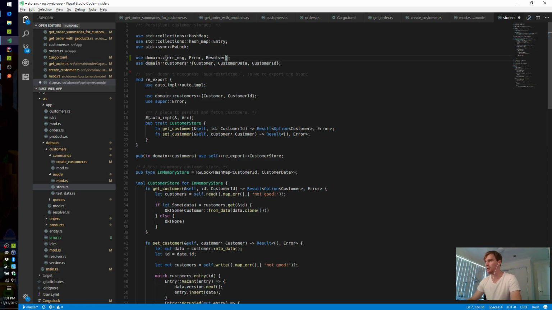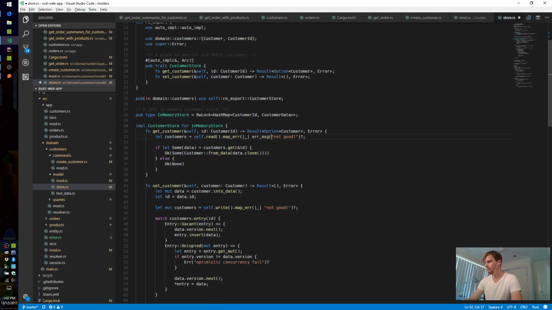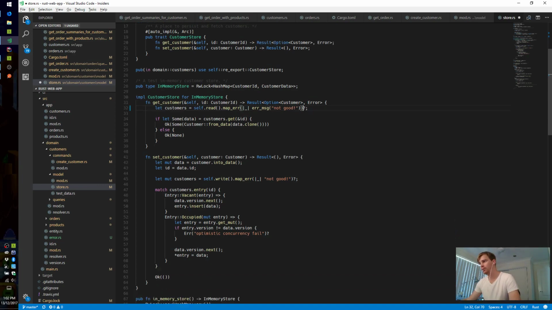Okay, so we're not using the domain level resolver here. And that's so that we can keep those stores private. So there's a sub resolver for those. These need to return error messages. There's probably a better way to chain these actually. Actually, let's have a look and see